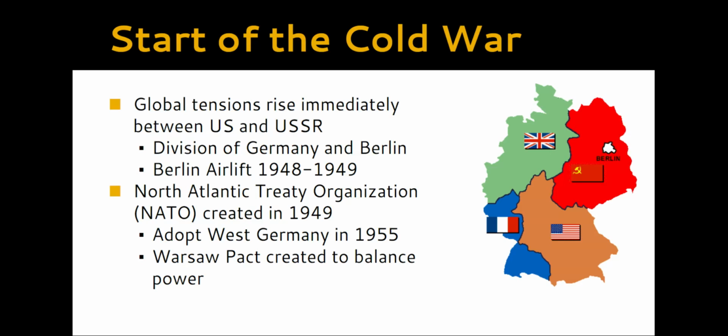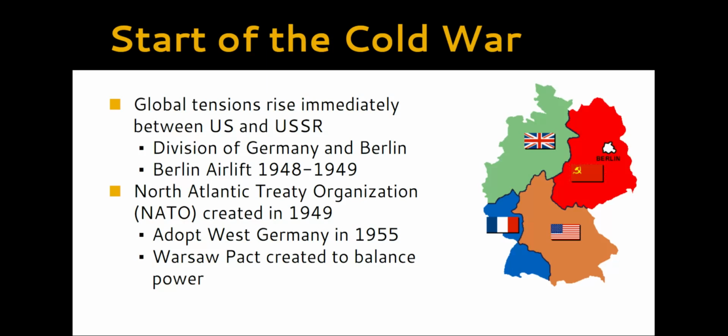Let's do the beginnings of the Cold War. Now, this is, of course, basically a direct cause of World War II. Shifts in power, who's kind of in charge now as far as global power, and the development of horrific weapons that definitely will frighten and create a lot of tensions between countries. After the United States drops the bomb on Japan, immediately there are tensions between the United States and the USSR.